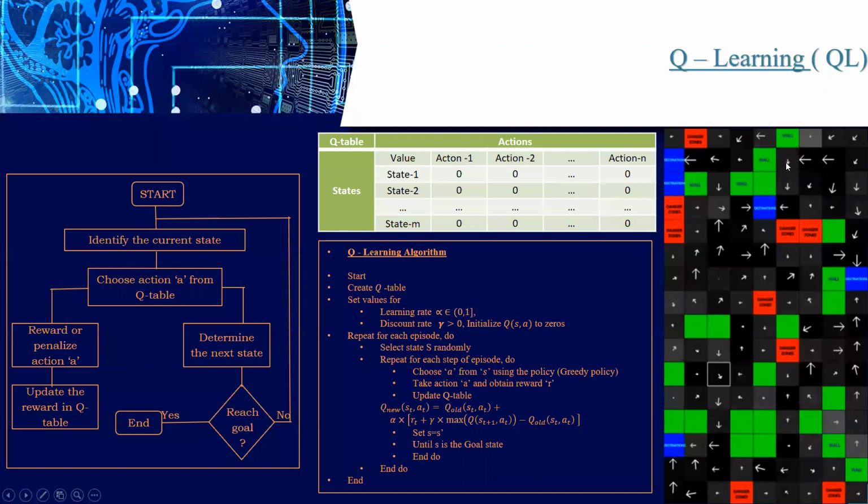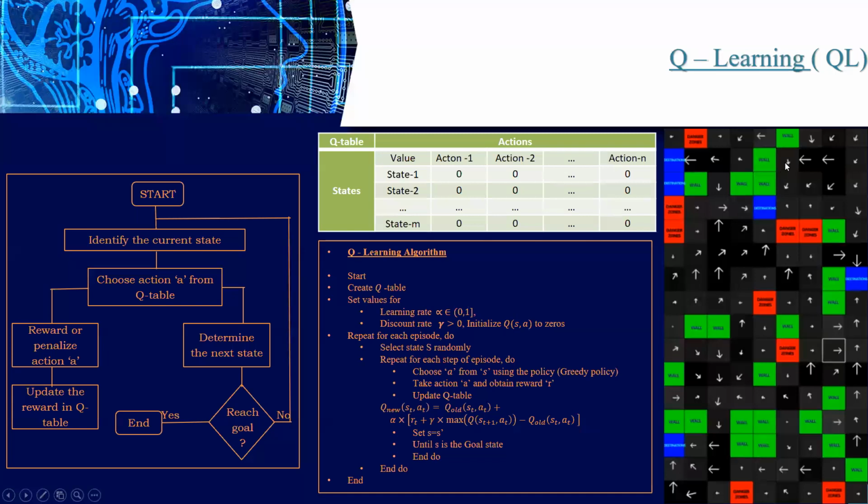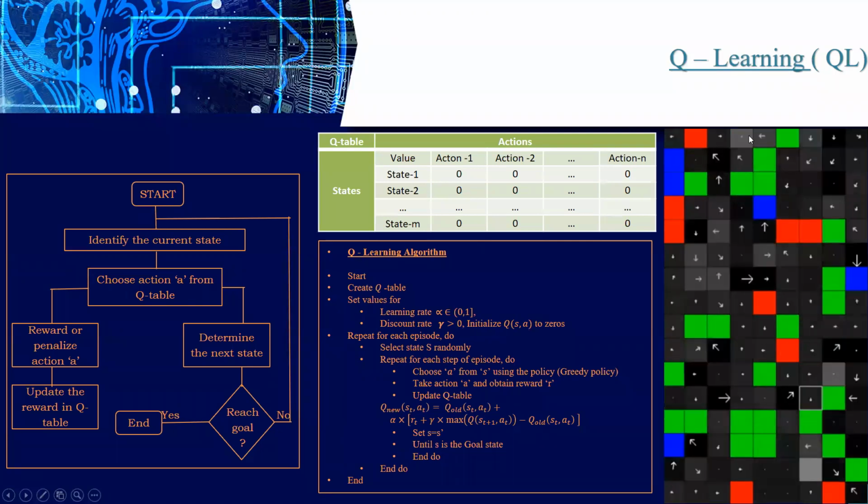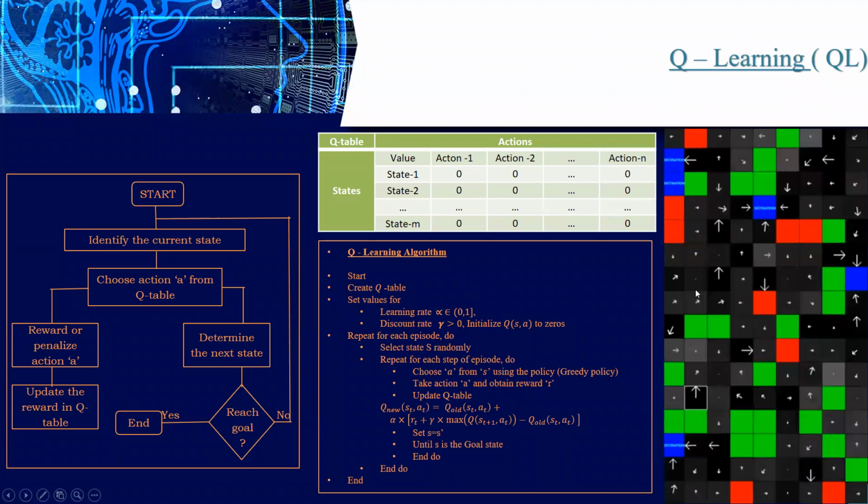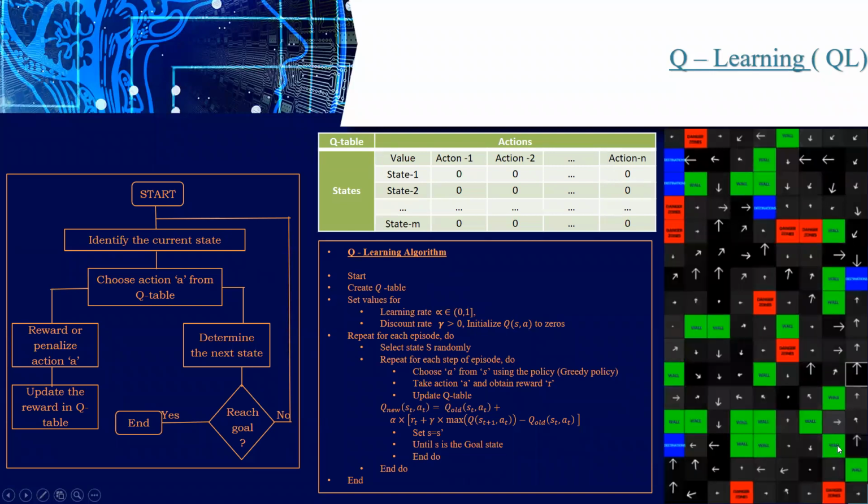So when the player is at one position, depending on all the remaining surroundings, see here it is a wall, here it is a wall, and depending on different dangers here, how to move the player is the context. Initially we don't know anything, right? So first we have to take different scenarios and move our player in different directions, and at the end we have to identify whether the player reached the safe zone or the danger zone.